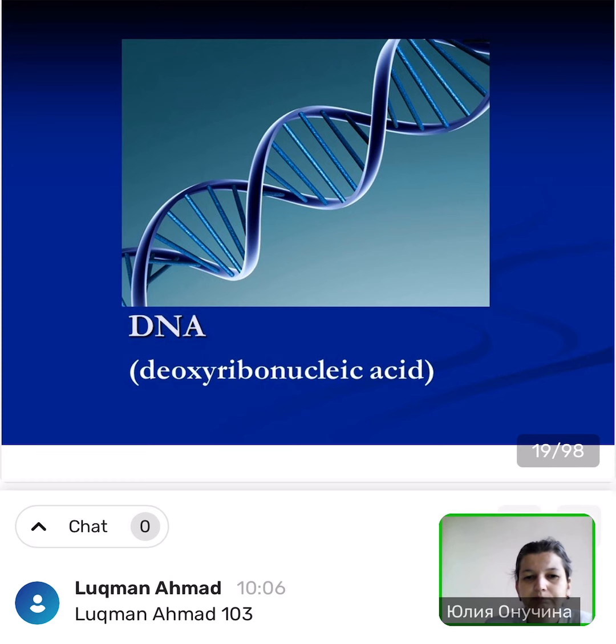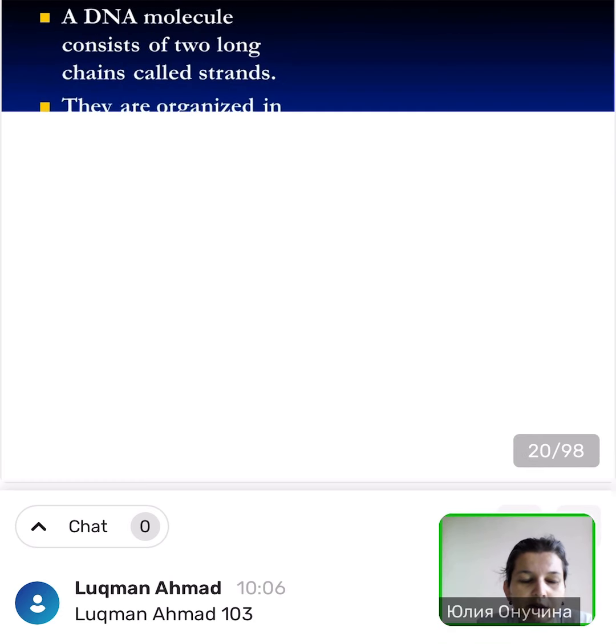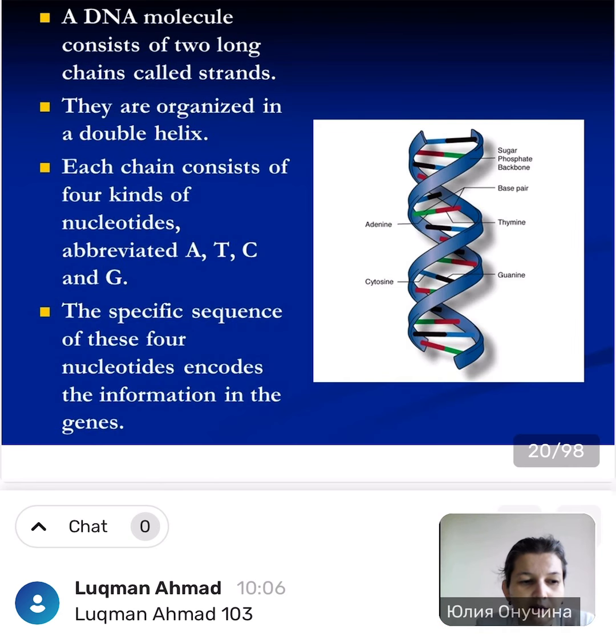And DNA. The DNA molecule consists of two long chains or strands. They are organized like a double helix, and they are connected by hydrogen bonds through the nitrogens that are